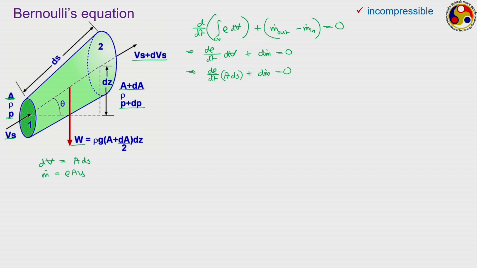A refers to area at that point and Vs refers to velocity at that point. Now, we write the momentum conservation equation. As per the momentum conservation equation, summation of all the forces in the streamwise direction, you have to remember that momentum is a vector. So, you have to specify the direction, and we are writing it here along the streamwise direction should be equal to